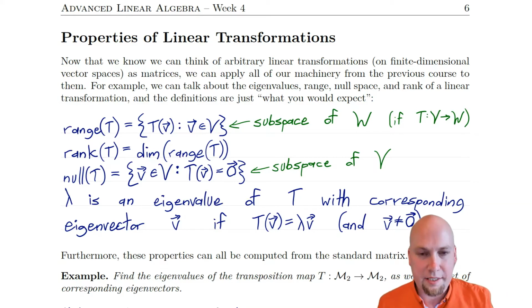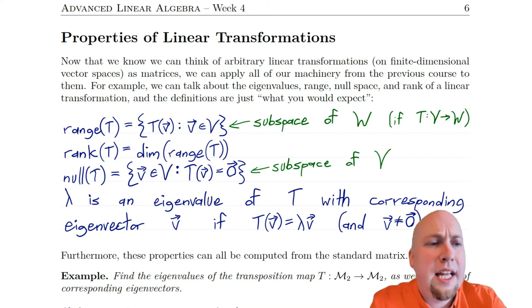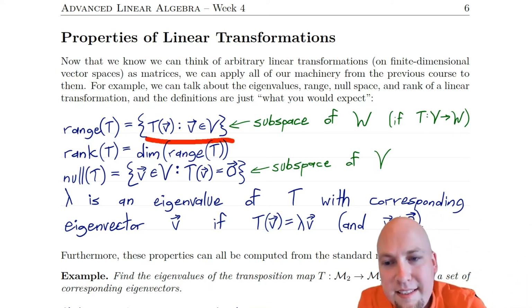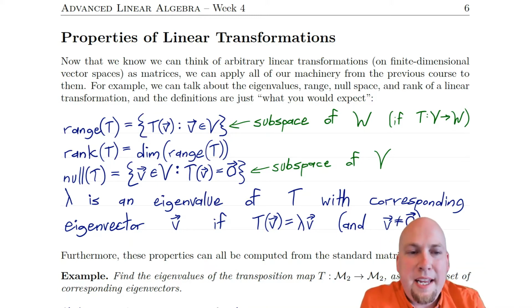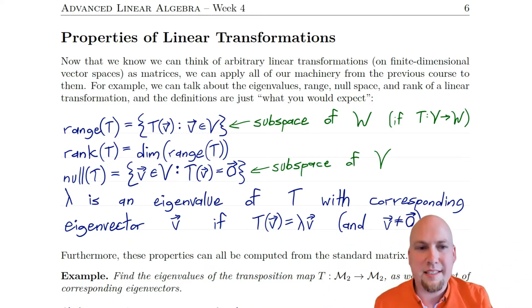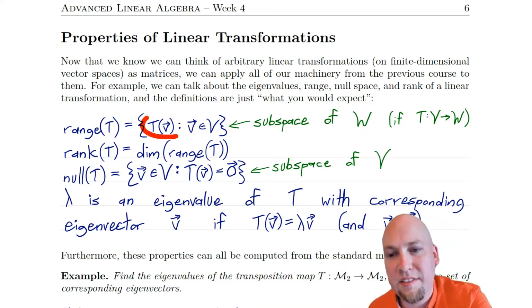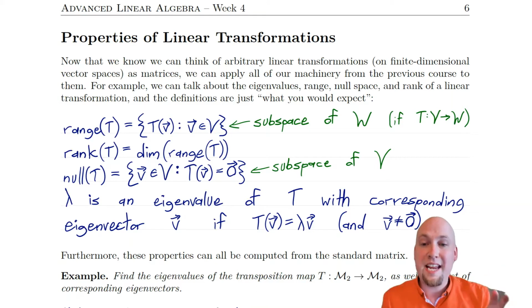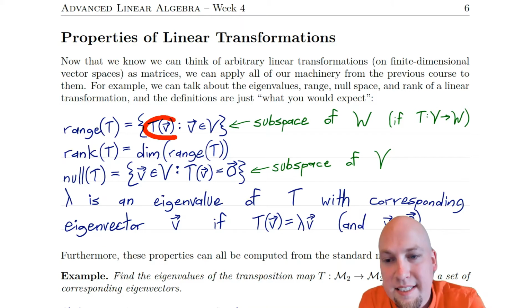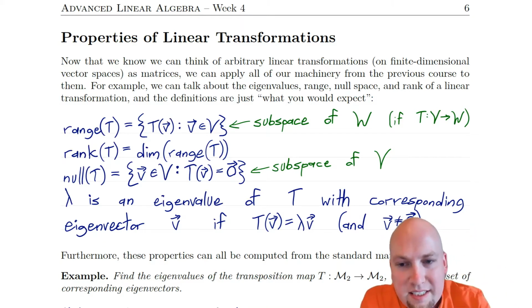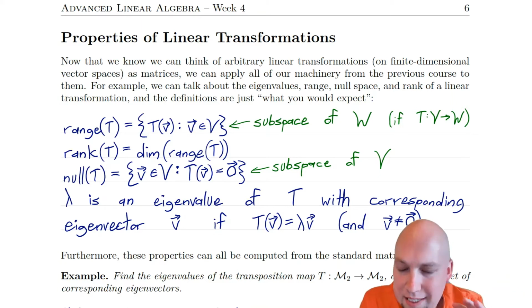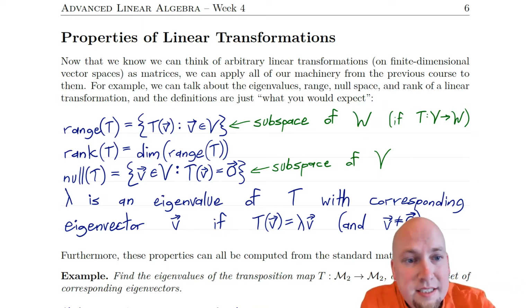of that linear transformation. Okay, and if that linear transformation is sending vector space V into another vector space W, then this set here, this range, is a subspace of W. Okay, so it's obvious that it's a subset of W, right? Each of these vectors lives in W, so this is a collection of vectors from W, but actually it's a subspace as well. Okay, so it satisfies those subspace properties. If I add up two vectors in the set, it's still in the set. And if I scale or multiply one of the vectors in the set, it's still in the set. So that's just an exercise to show that,